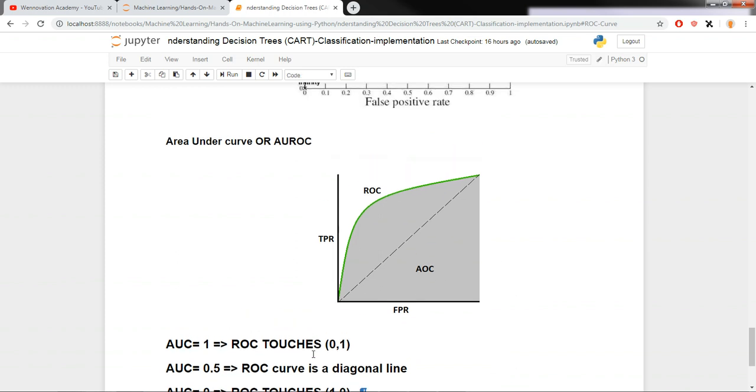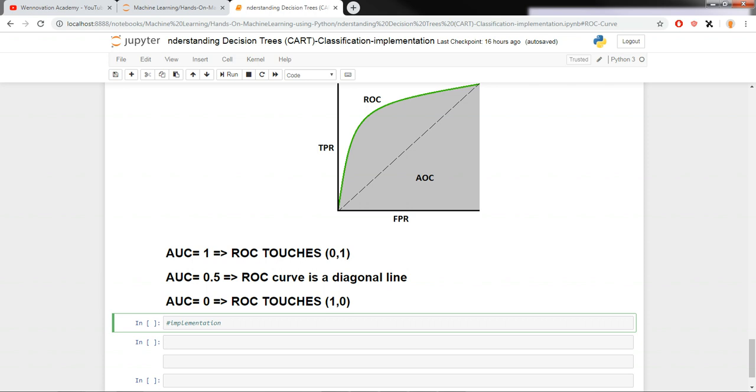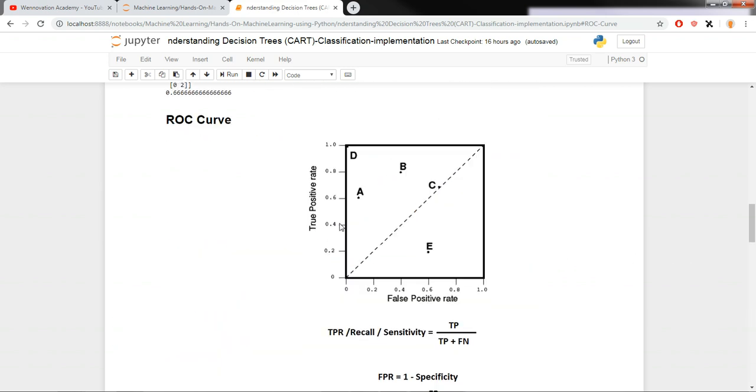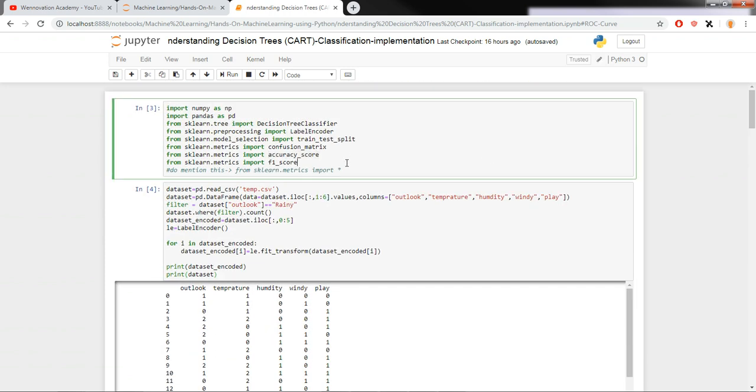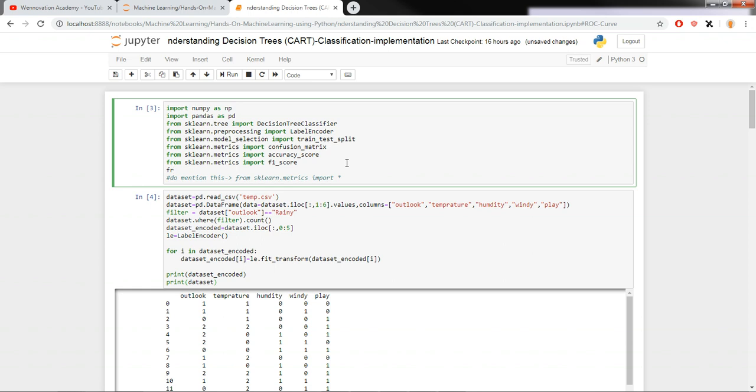So now in Python, we're just going to go ahead and implement this. How do you implement this in Python? First of all, I'm just going to import a few libraries that I need. First, I'm going to import the ROC curve function from scikit-learn. So I'm just going to say from